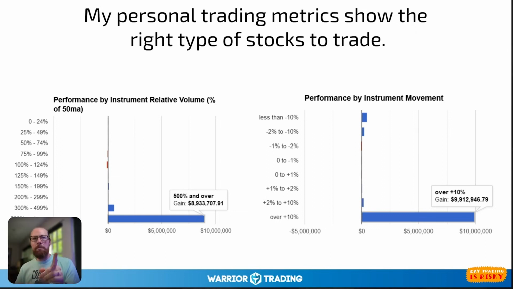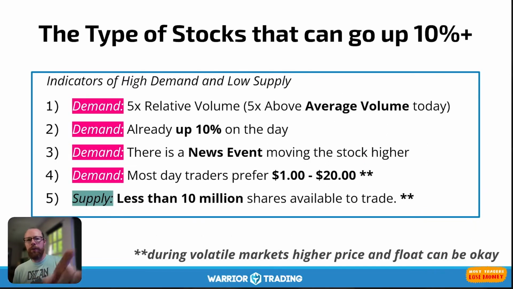And one thing that I didn't mention is the float. So the float right here, number 5, is supply level. So the float is important because these first 4 indicate demand, but number 5 is the supply. Because ultimately, we're working in a market where we deal with supply-demand imbalances. So when you have a huge amount of demand and a limited level of supply, that's when you get some really big moves.